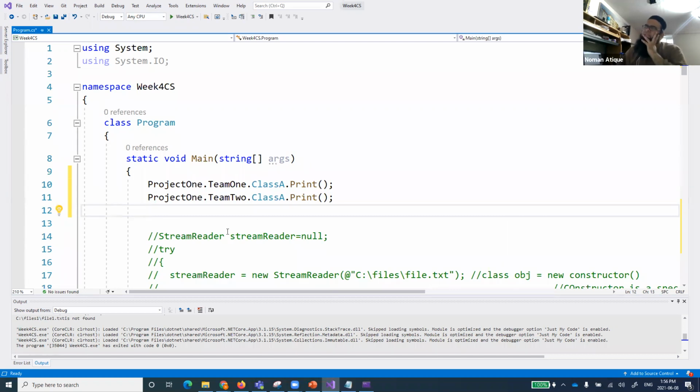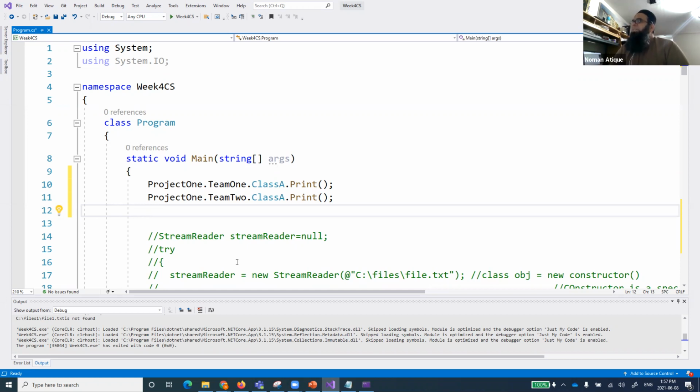Is it something new, or have we already discussed it? Can anyone tell me, other than the old guys, the expert guys? Have we discussed something like this before in these classes? Or the question is, where did we discuss this? Anyone? Let's see who remembers. We are only into week 4. Who remembers in which week we already talked about something about this one? Not directly by calling them namespaces, but we used some of the concept in one of the lectures. Anyone? Can anyone come up with an answer? I'm waiting for the response. Where did we discuss that?